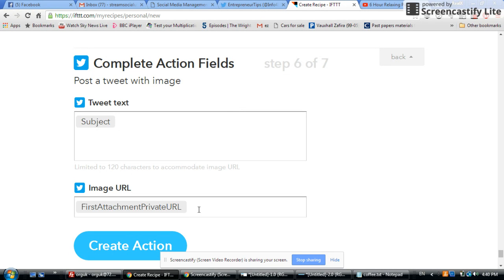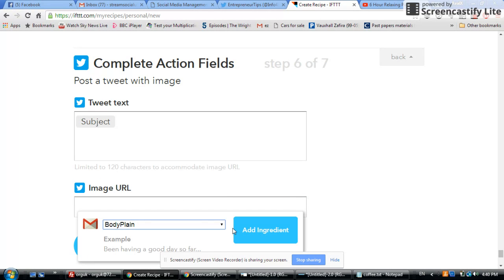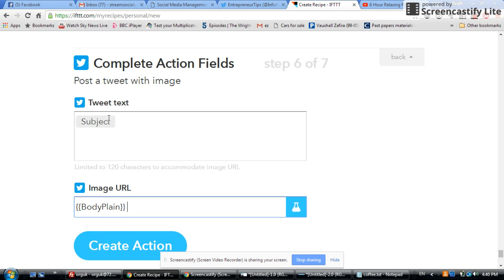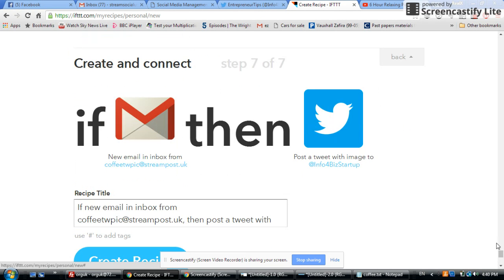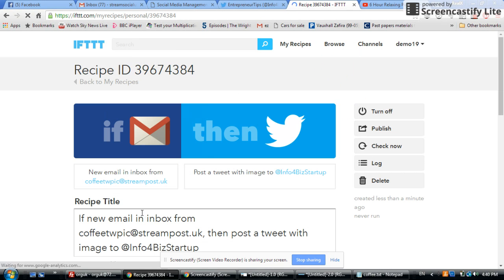In this bottom field, remove that, add the body plain ingredient, click create action, scroll down, click create recipe,